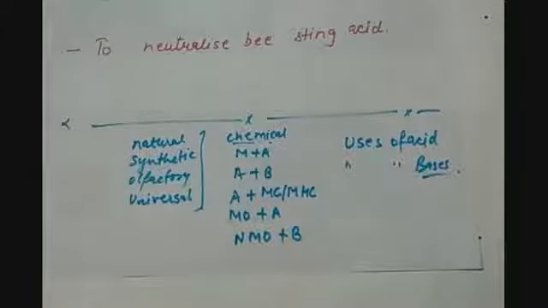Now let us see today's homework for you. As homework, you have in total 6 questions. The first 3 questions are the in-text questions of NCERT, page number 22. Question number 1 is, why should curd and sour substances not be kept in brass or copper vessels? I am repeating the question. Why should curd and sour substances not be kept in brass or copper vessels?